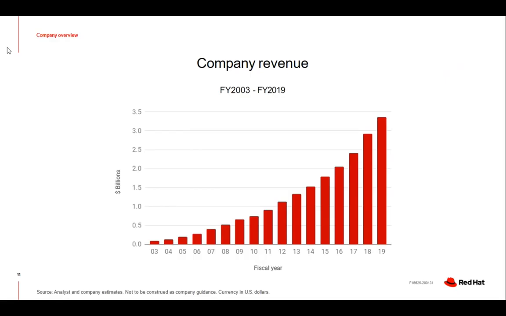Why you should work with Red Hat as a partner? Look at the growth story of Red Hat. Right from 2003 to 2019, the revenue graph of Red Hat has been totally upwards, and the growth has been a double-digit growth. Such an awesome company and such an awesome portfolio of products is what is keeping it sustained even in these difficult times. And that is where you should place your bet. The world is going to go the open source way. The world is going to go the Red Hat way, I would say.